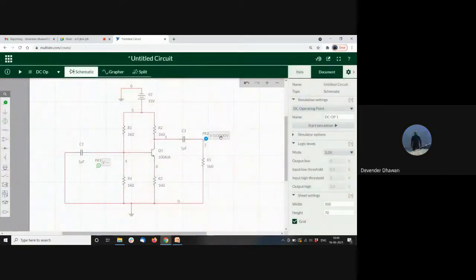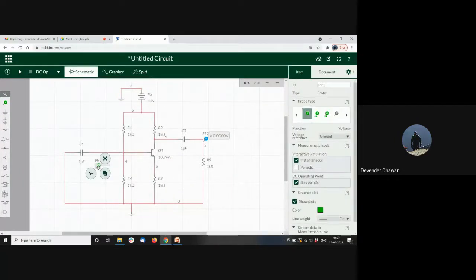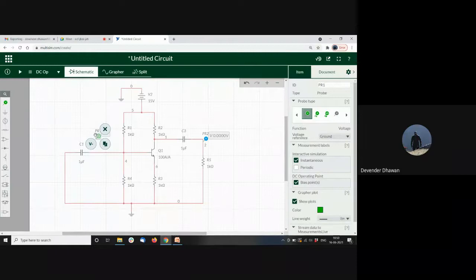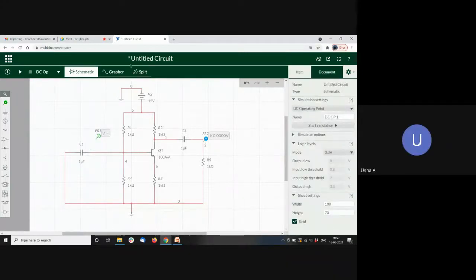So it is showing. Where do you want to do some sort of measurement in the circuit now, ma'am? Where is the input, sir? We don't have an input here, ma'am. Only DC is the input. The DC source is the input. So we can remove the first probe. We'll see what the output is. So this is coming as 0 volt.